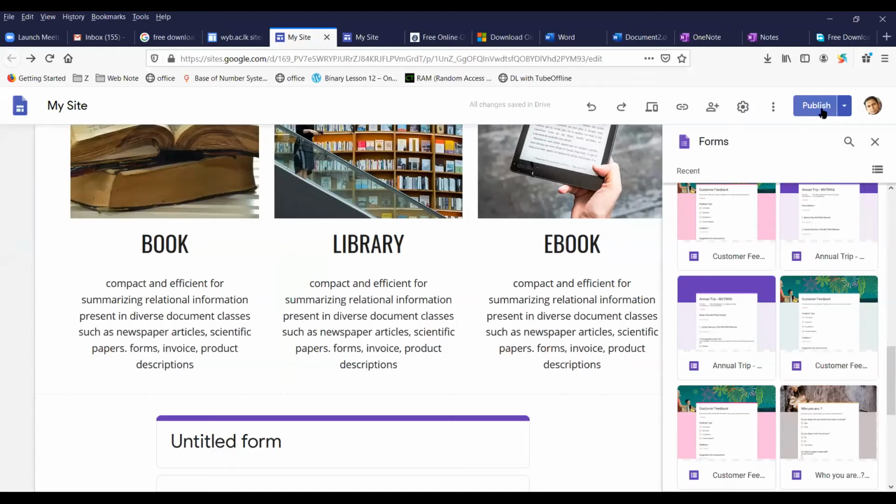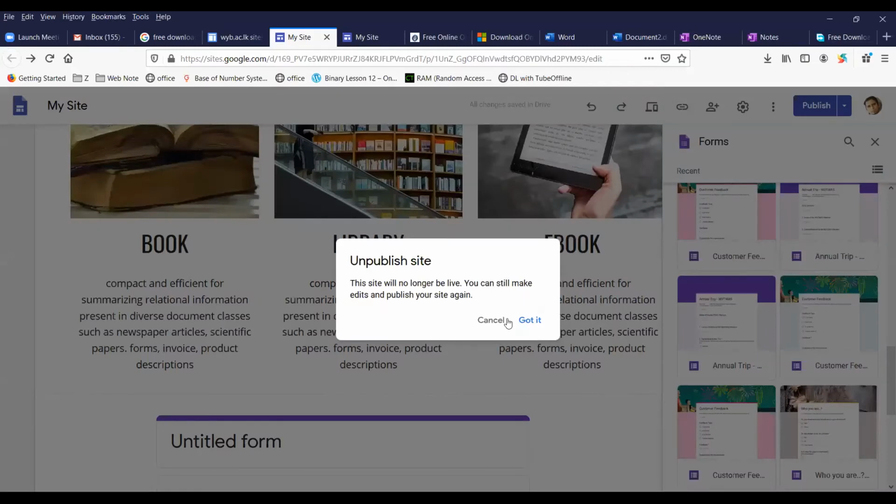What you have to do is just share the link. Otherwise, they can't find it. So we have to share the link. Yes, you have to share the link. Again, if you want to unpublish that one, that option is here. You can click on the arrowhead and unpublish. Okay. Thank you, sir.